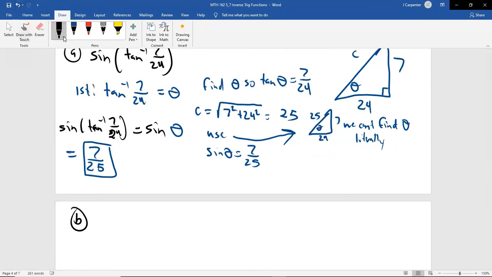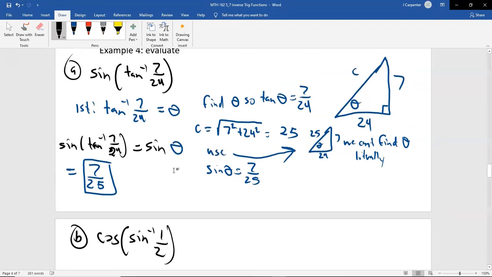Okay. B, cosine of the inverse sine of a half. This time we got about 15 minutes. Should be just enough time to finish this section, I hope. Oh no, I said I was going to do something, didn't I? Before we do that,